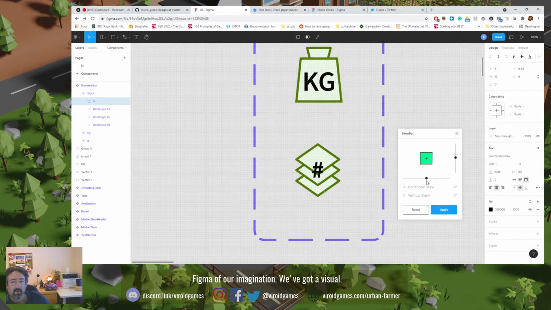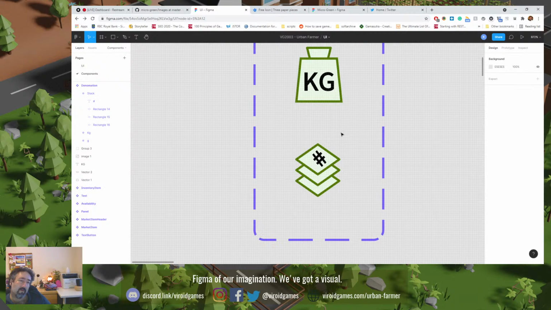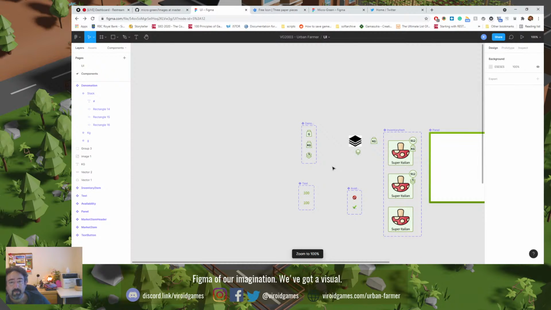It actually reset the value to 0. No, this is a fresh skew. I think this is good. Can't read it, but